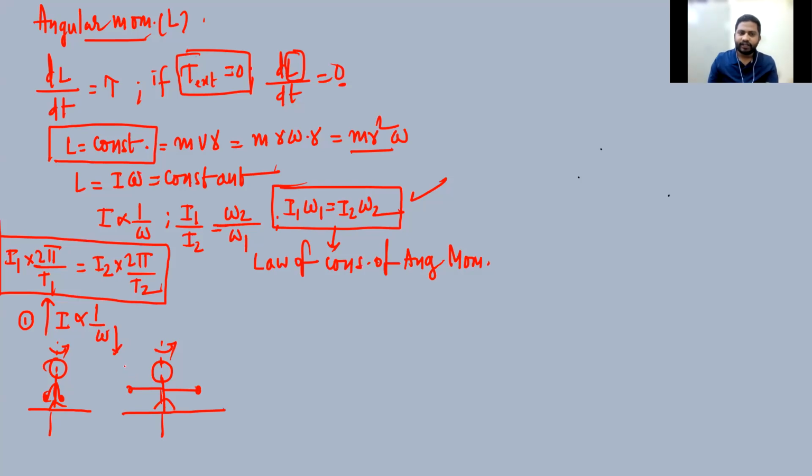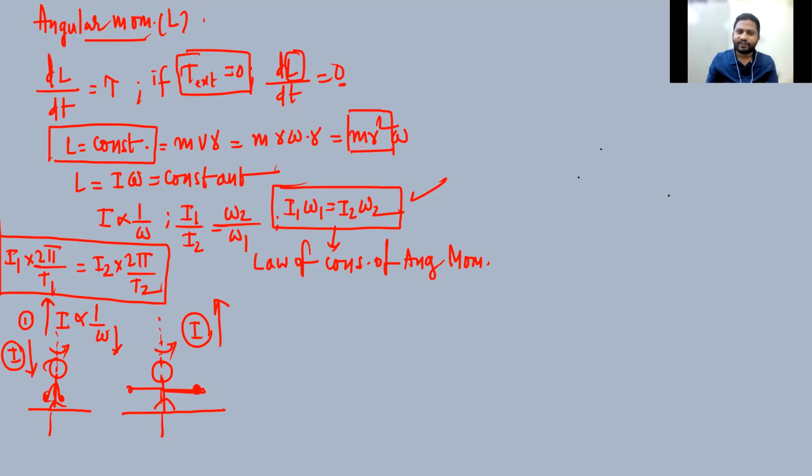Rotating faster all depends on the moment of inertia, and moment of inertia is equal to mr square. This is also the basic expression, you know. Look here: from the axis of rotation, the particles are distributed far out, from here to here. And here, the particles are distributed very close to the axis of rotation. So in this case, the moment of inertia will be more, and in this case, the moment of inertia is less, because moment of inertia is equal to mr square, right?